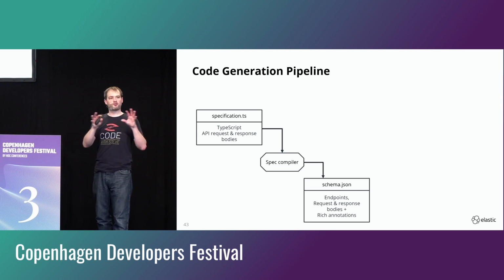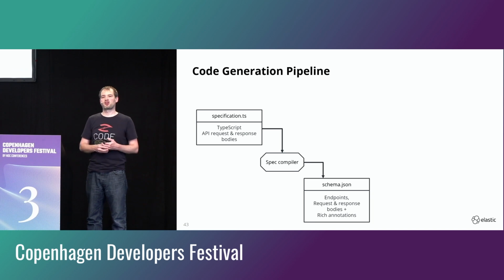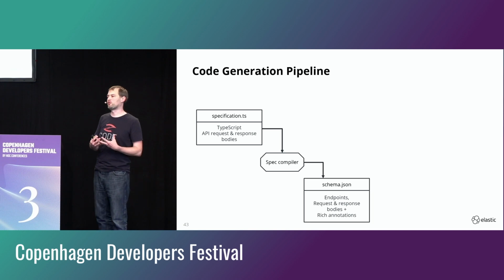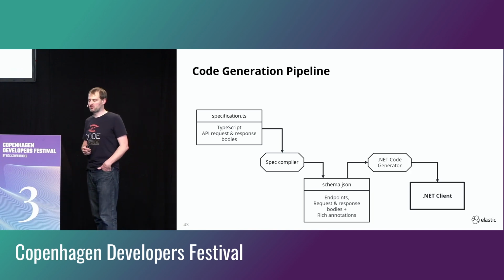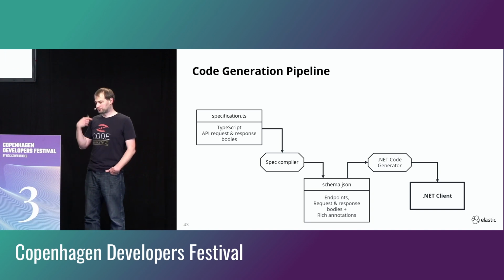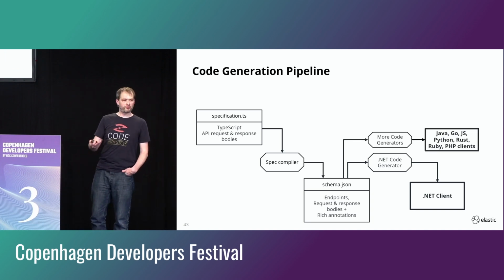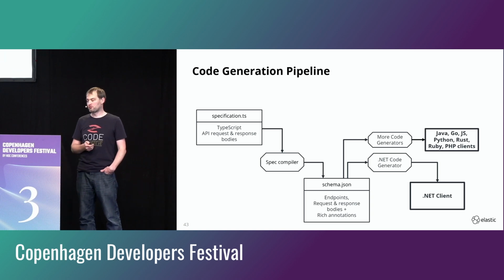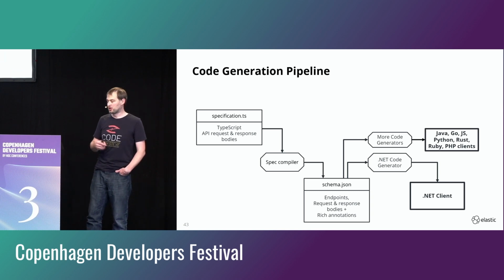And so we take all of the information that we can then read from the syntax tree during that compilation phase and spit out this JSON file. That includes all of the endpoints, all of the request response bodies, all of the types in the JSON. That's then the input to the C# language generator that's going to spit out the .NET client. And of course, we'll have other generators, and we have ones for Java and Go and Node that generate those